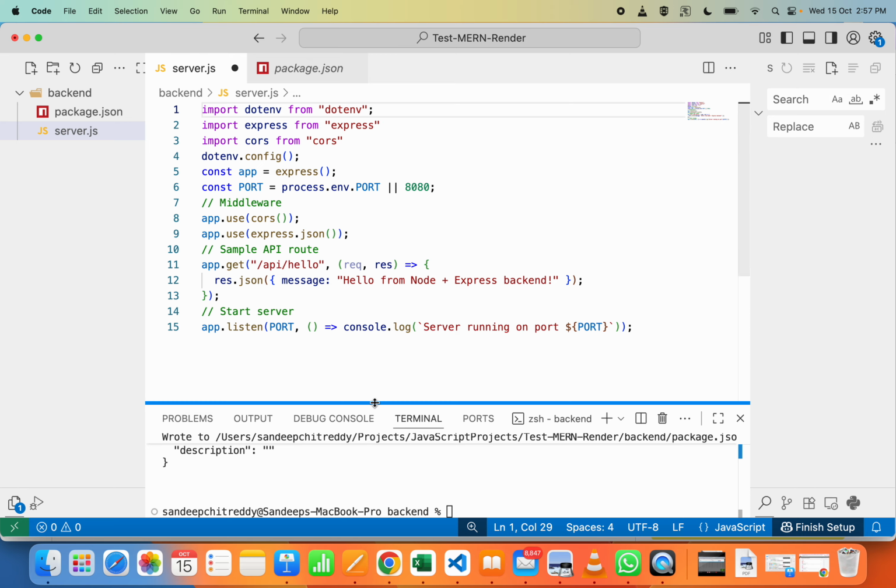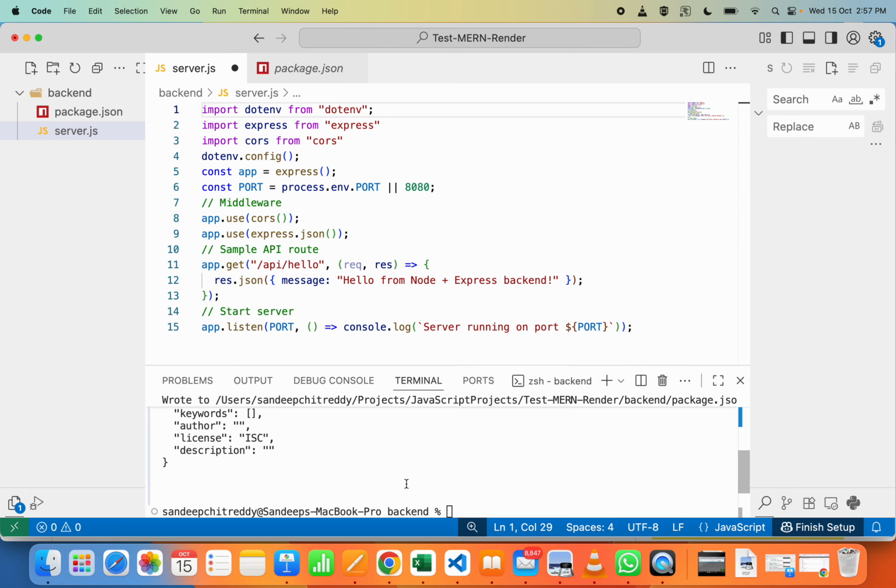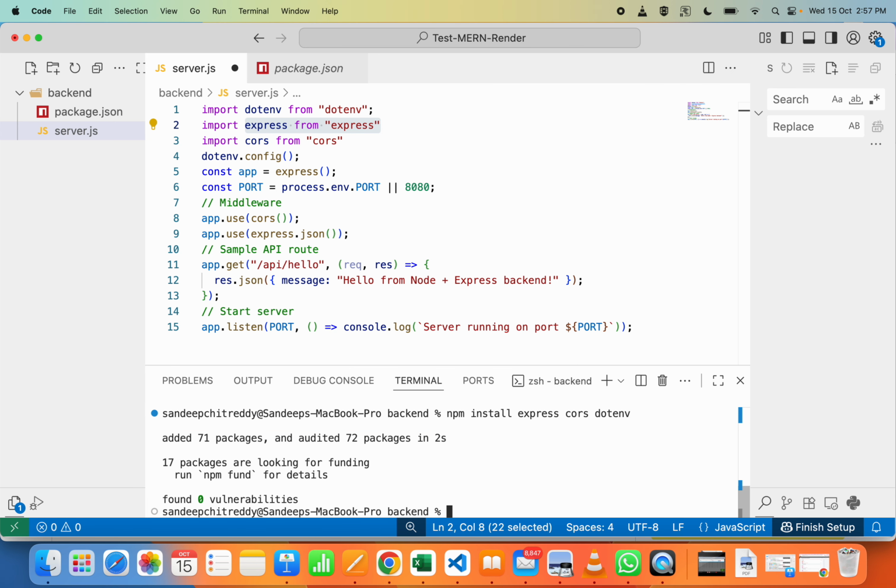Once we have this server.js, as you can see, we are using a lot of packages like Express, cors. We need to install them. So let's do that. npm install express cors dotenv. All these three packages are needed. So let's install in backend. As you can see, a few changes have happened,